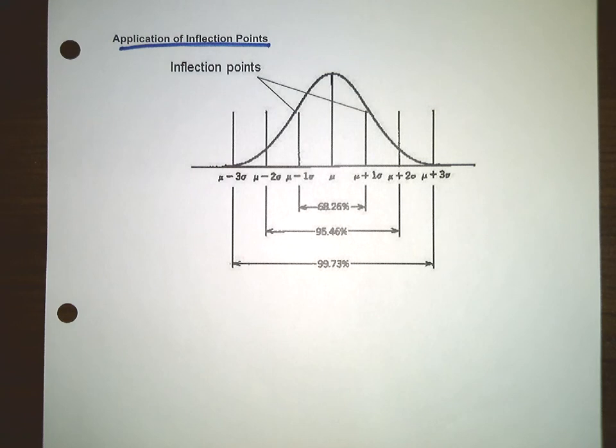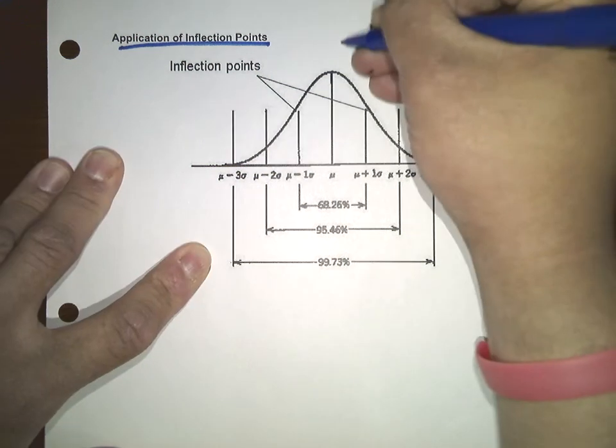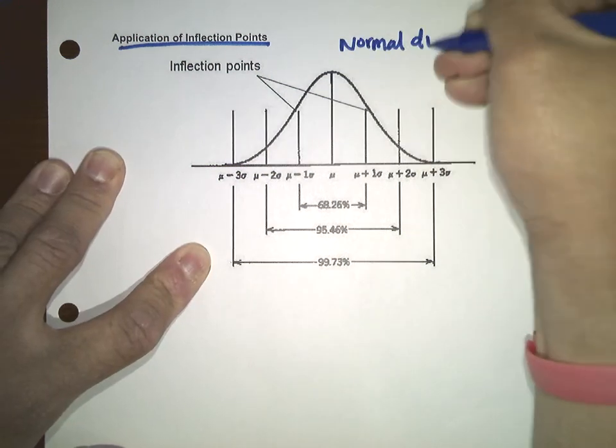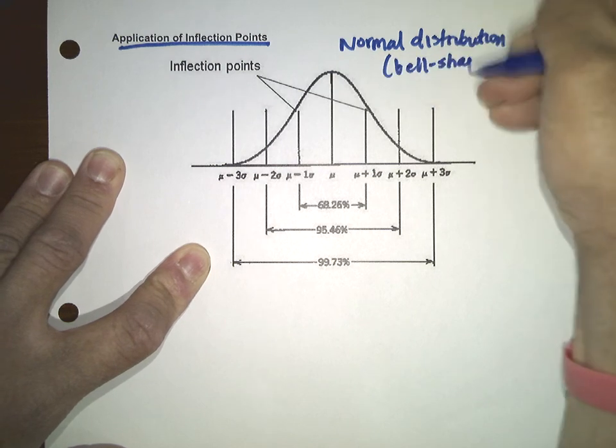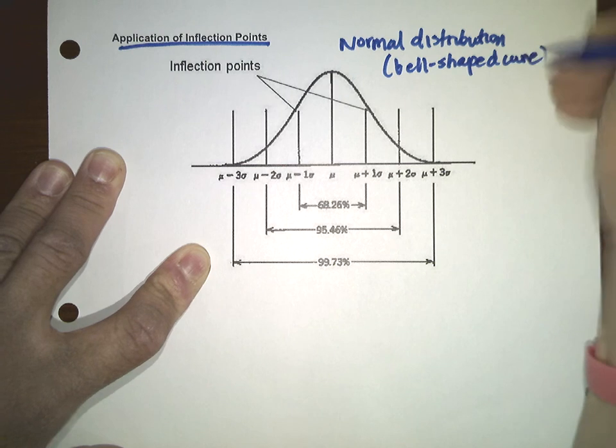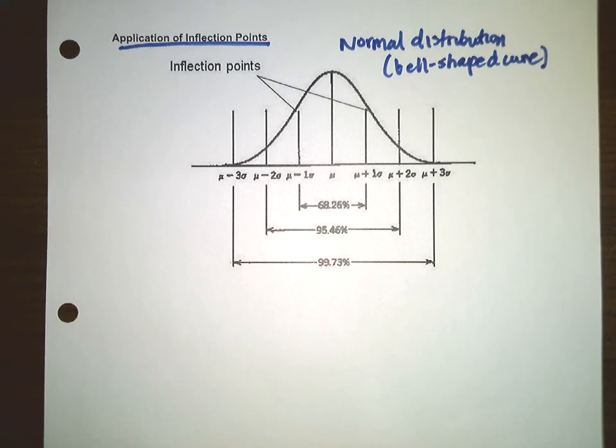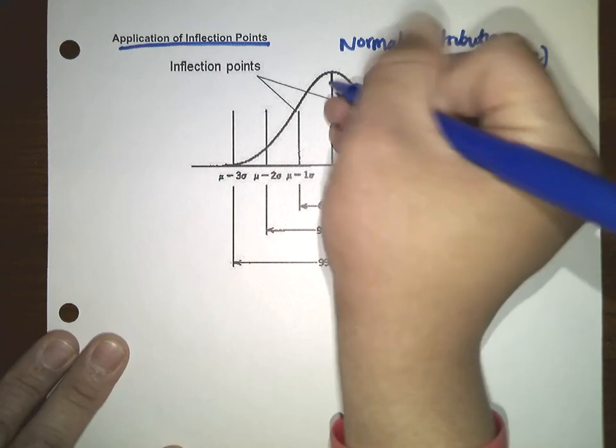All right, so the next page is the application of inflection points. So now let's see. You can see that this is a normal distribution curve, and lots of people have been talking about the normal distribution a lot lately, just so that you're absolutely aware of what's going on. This is the normal distribution, or just a bell-shaped curve, and what is going on is that you see the maximum is right here in the middle,